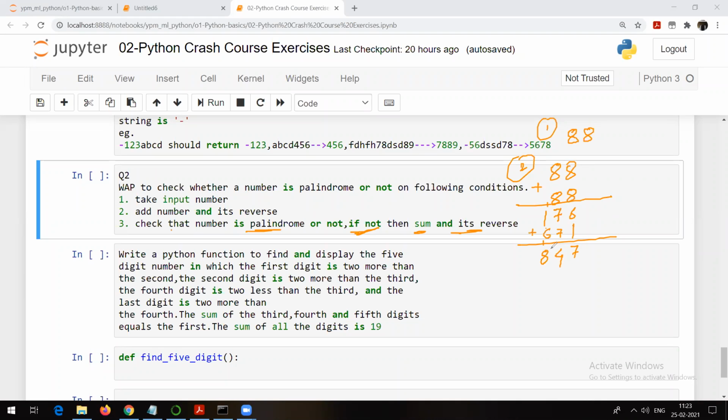Now just check whether this 847 is a palindrome? Again not. So take the reverse of this: 7, 4, 8. Okay. And then what is the addition of this? So it is 5, it is 9, it is 5, 1. 1595. If you take the reverse of this, what is that? 5951. Again, it's not a palindrome. So add the reverse 5951.